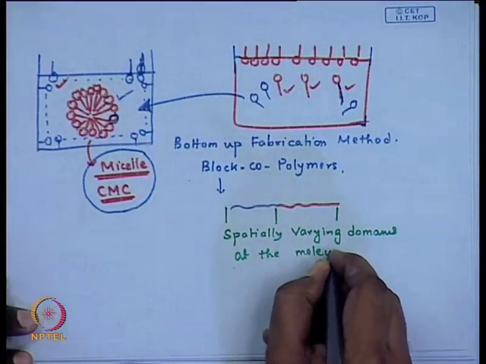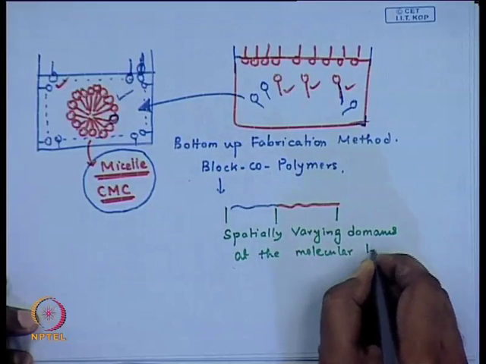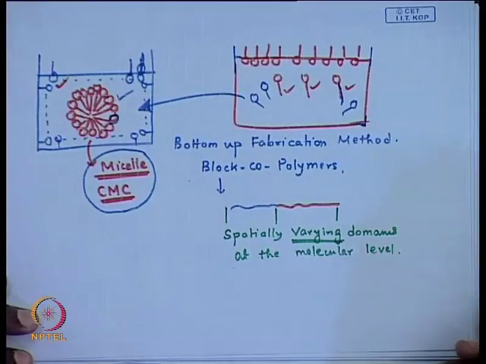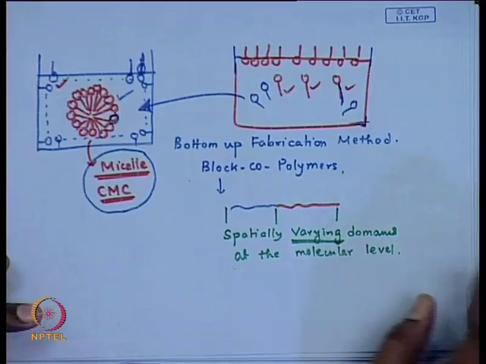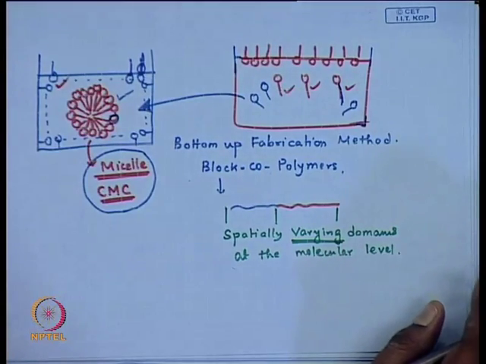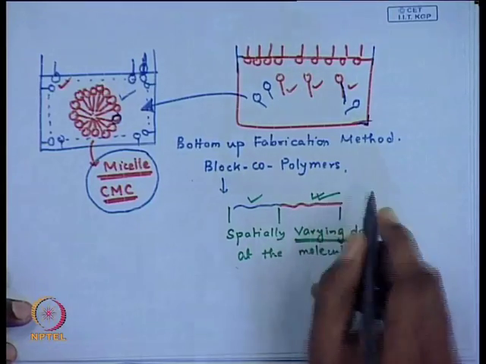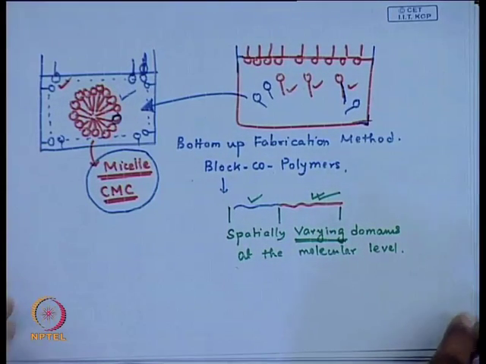In other words, as compared to the surrounding medium, which can be a liquid or the polymer matrix itself, individual domains or individual blocks exhibit different behavior. It can be wetting, one such behavior,